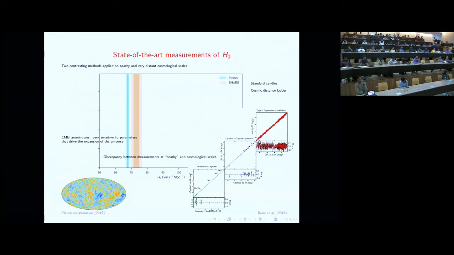And here I talk about the current state-of-the-art measurements of this Hubble parameter. Now, there are two contrasting methods that work on the nearby universe and on very large scales. In the nearby universe, what we do is essentially a modification of what Hubble did, and we measure directly the recession velocity and the distance to the source. The distance measurement is not that direct, because it involves something called the cosmic distance ladder. There are nearby objects that you calibrate, and then